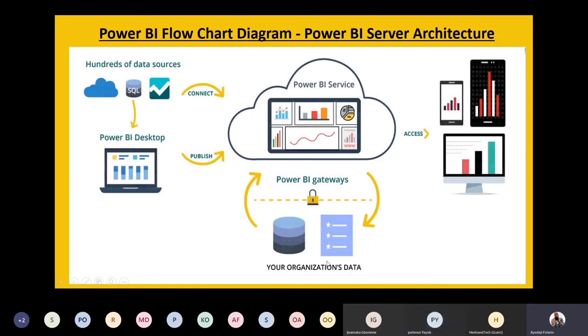Once you update the database, it automatically syncs to what is in the cloud, and anybody viewing your data, your dashboard anywhere in the world, will get online, real-time updated information. So you don't need to keep updating and publishing every day with the latest data. No, do it once, establish a gateway, and all your consumers, all your customers anywhere in the world, get